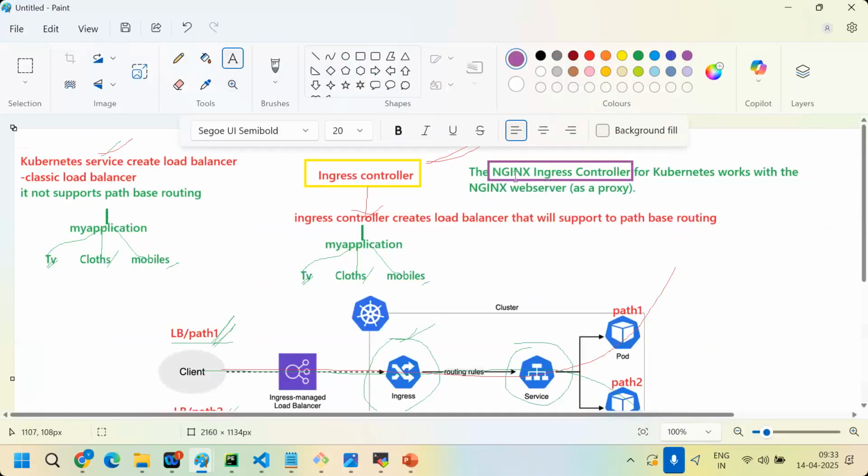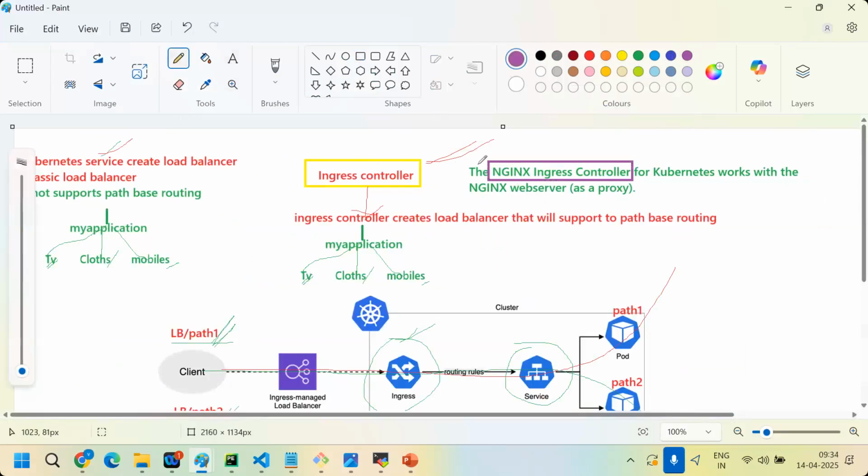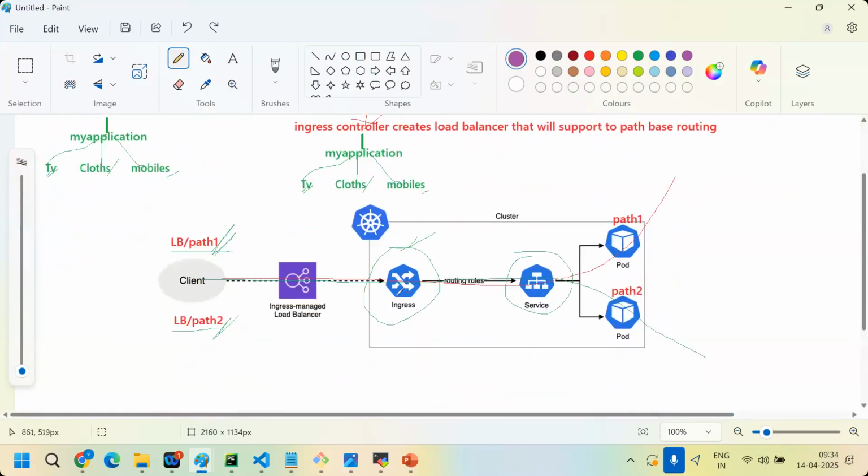No need to take any third party. Inside AWS you can take it. But compared to the AWS controller, the Nginx one is a free, open source third party tool. So if you want to work with Nginx as the ingress controller, you need to download the ingress controller first, then start your process. Clear now?